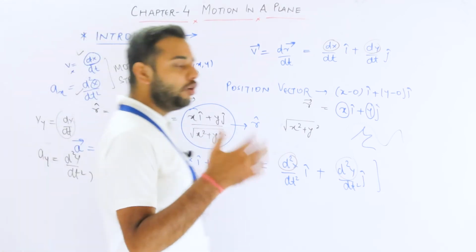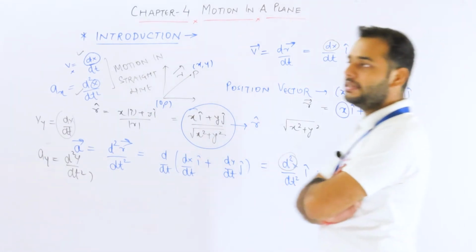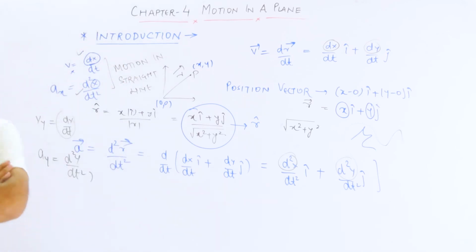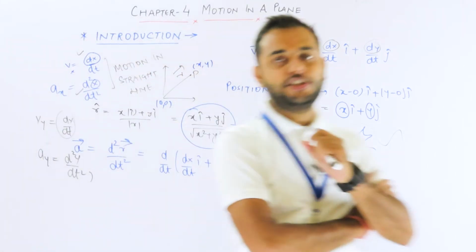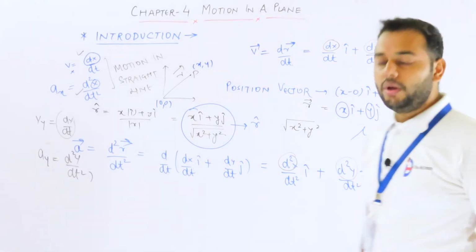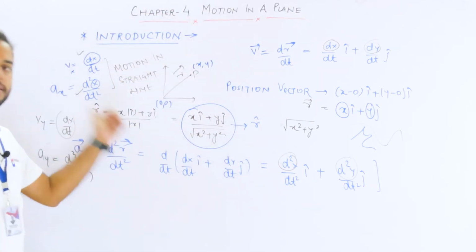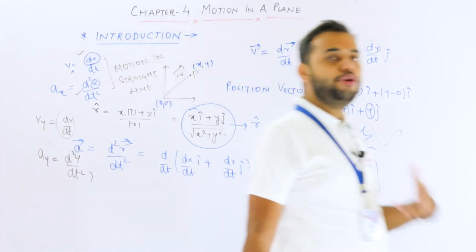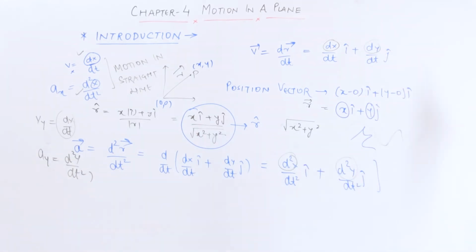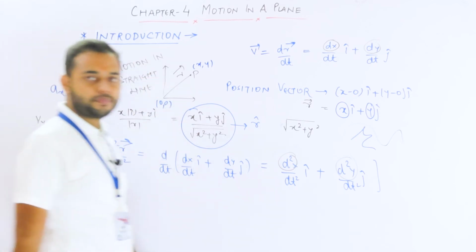Motion in a plane means, how many dimensions does your plane have? See, motion in a straight line means, how many dimensions does a straight line have, guys? It has one dimension. Okay, simply either x, or y, or z. Now let me know how many dimensions your plane has. How many dimensions does this board have? How many dimensions do you need to specify this board? Simply one is the x-axis and another one is the y-axis, isn't it? So this board has two dimensions. That's why it's a plane.